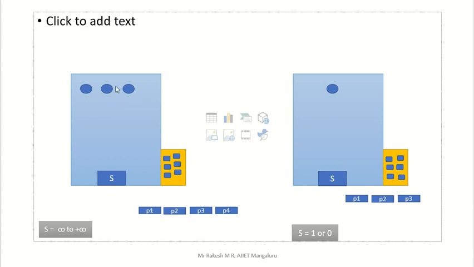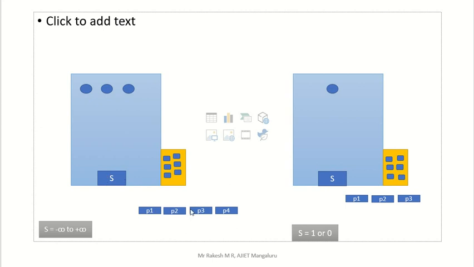Three persons can go inside the room. So here the value becomes 3. The value is 3, so however many chairs there are, that much value you can adjust. That's why the value can range from minus infinity to plus infinity. Any number can be placed here, if that many resources are available.